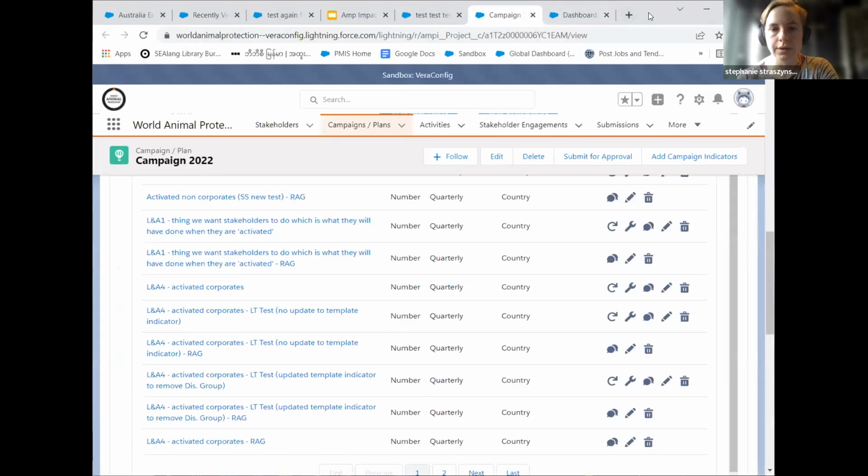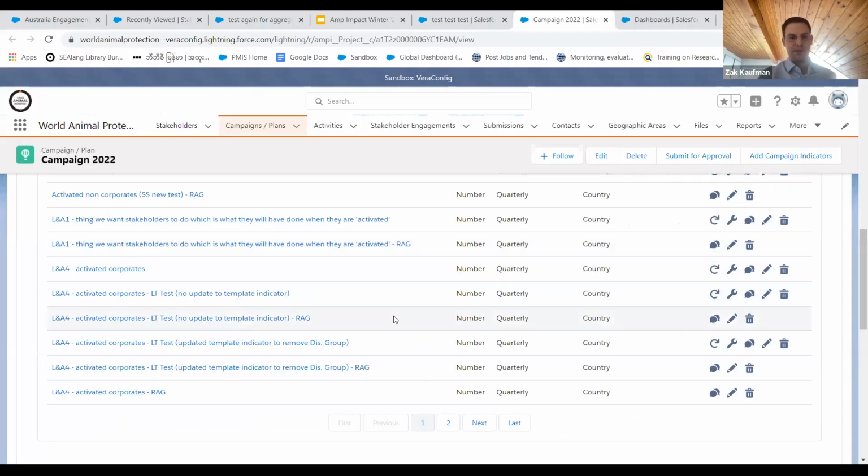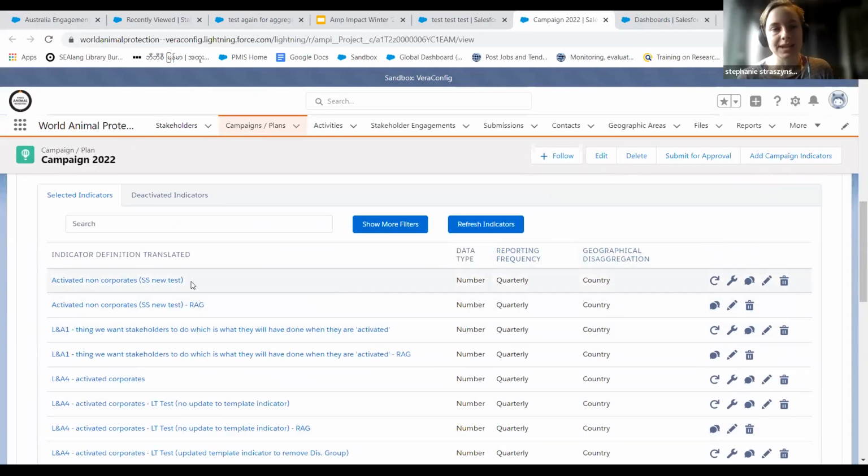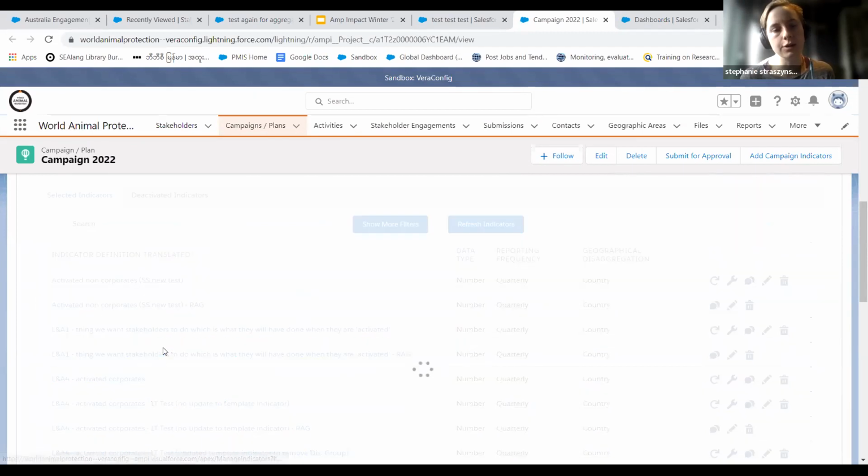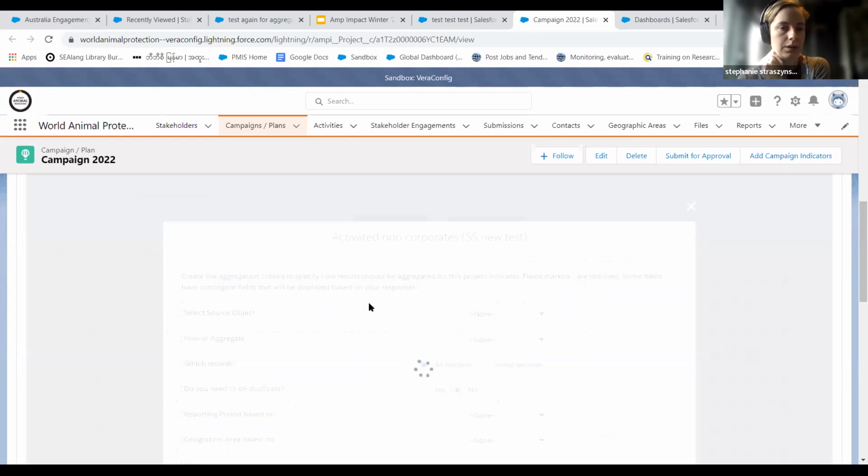Here we go. If anybody has any questions for Steph, feel free to just pop them in the chat. Go for it, Steph. So these are our indicators. These are all test ones. But if I open up the aggregations, this is the way it's set up and configured. So it is